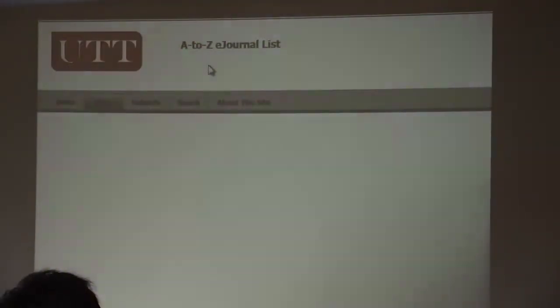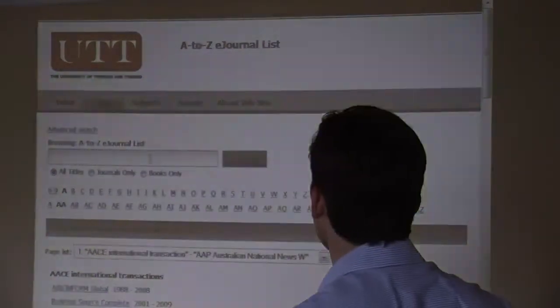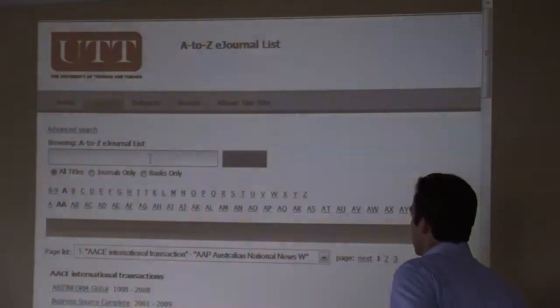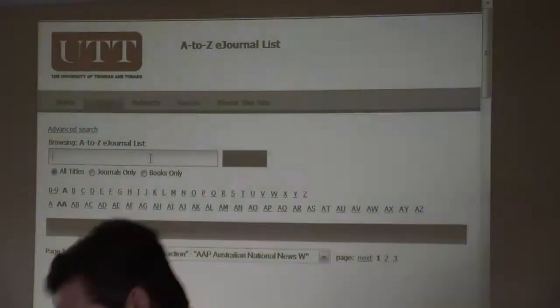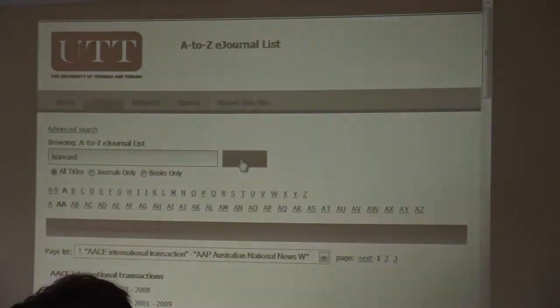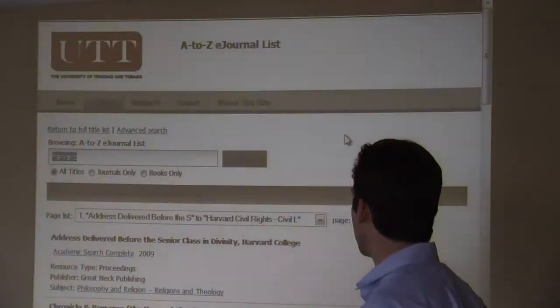And it will take you to a new window, or a new screen, that will show you, okay, and you can come here and you can type in the name of the journal. So let's say you wanted to know, what do you have from Harvard, for example. So I'll click Harvard, and you click search. And it's going to go ahead and search through. This gives you a listing of all the journals that are available